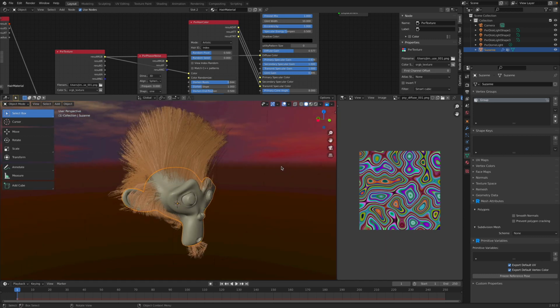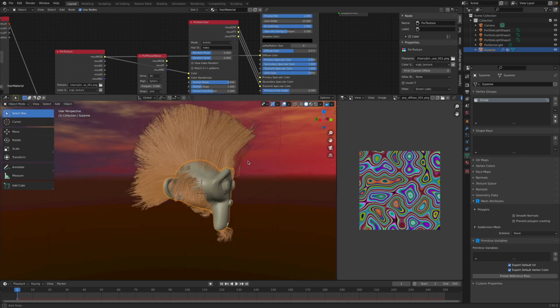Yeah, I haven't actually used Blender's own hair material. Maybe I should try that at some point. But that's pretty much the first look into Blender hair,